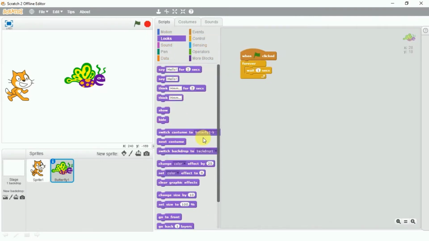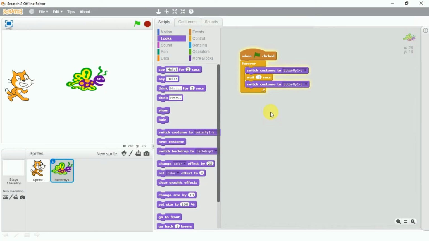Now come to the looks block. I'll pick up this and this. Just choose butterfly A and butterfly B. I have added the time, the wait time is 0.1 second. So it's quickly changing between 1 and 2. You see, our butterfly is moving. Got it? So this is how we can switch between the costumes.